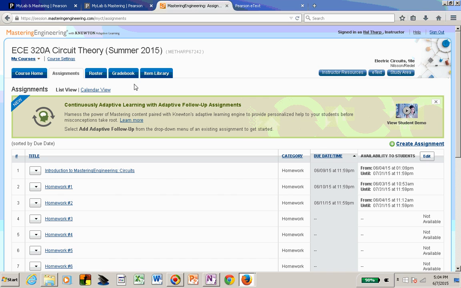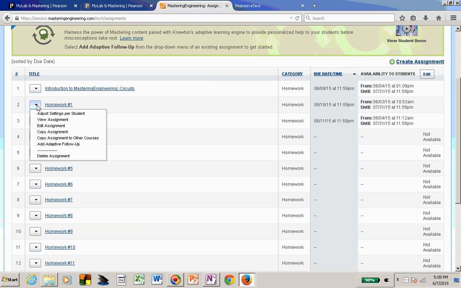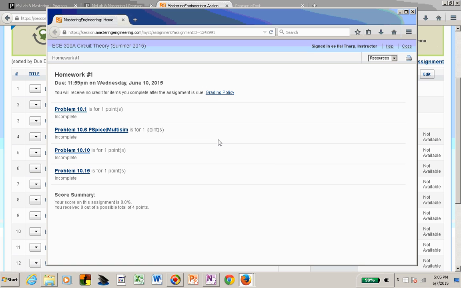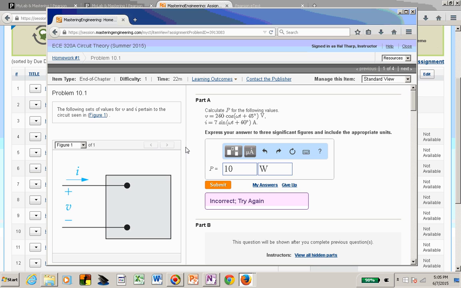Obviously this will look a little different than what you're seeing since I'm coming in as an instructor, but you now have the different assignments. You can look at, and again, I'm not sure if that's how you will access the different assignments that you're interested in, but for example, homework number 1 consists of these 4 problems. You can then look at these problems, and I'm just showing you what you might do in terms of entering your answer. You might put in, for example,